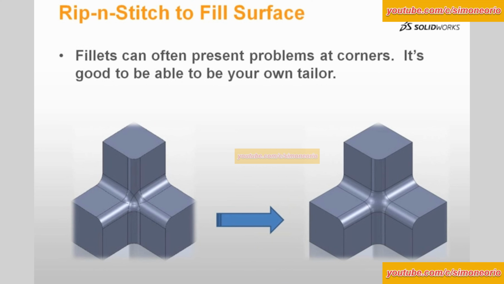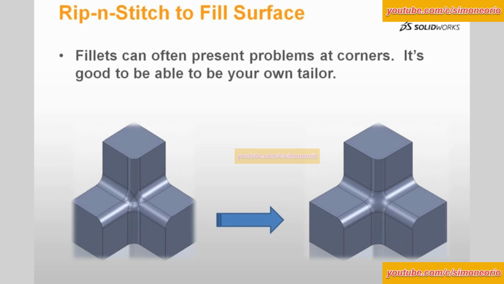All right, the rip and stitch. This is probably one of my favorite topics in this entire presentation. A lot of times with geometry and imported models, you're going to get geometry that's bad, due to translation if it's coming from an IGES or from a Parasolid or what have you. Sometimes you'll just get degenerate surfaces. So I'm going to do a couple of these types of examples where I want to actually fix up the